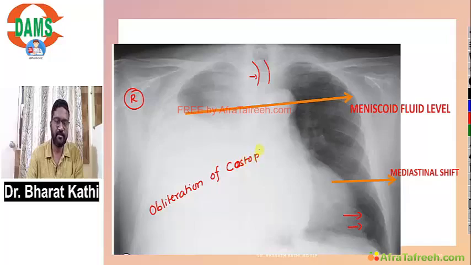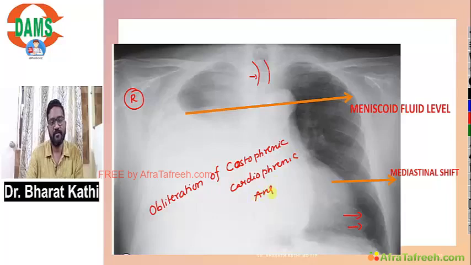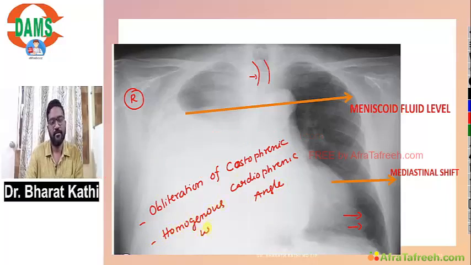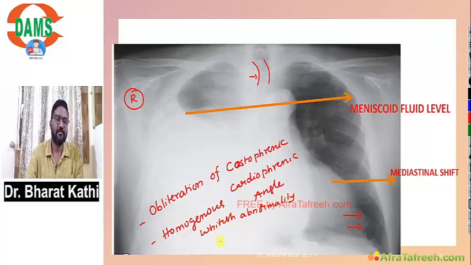Costophrenic, you have to explain like this only, costophrenic, cardiophrenic angles, and it is a homogeneous whitish abnormality. You know it's pleural effusion, but you have to describe it like this: with